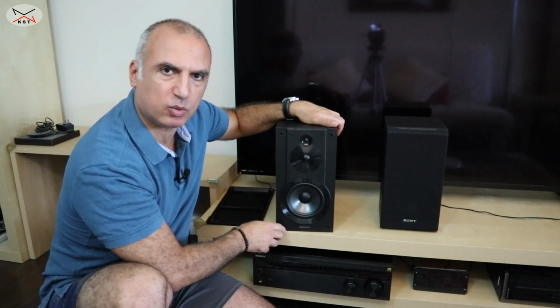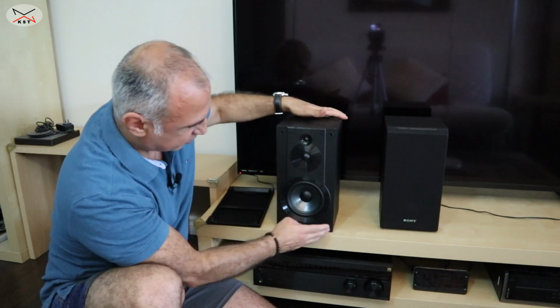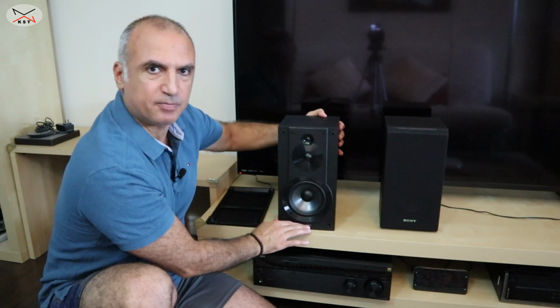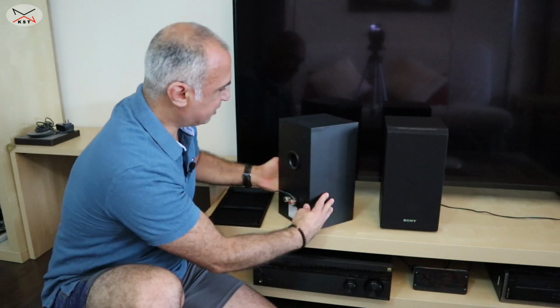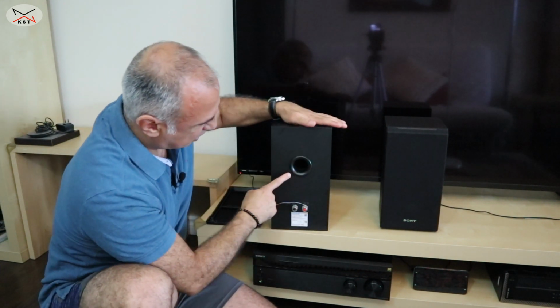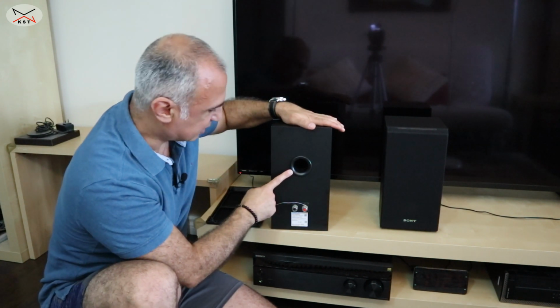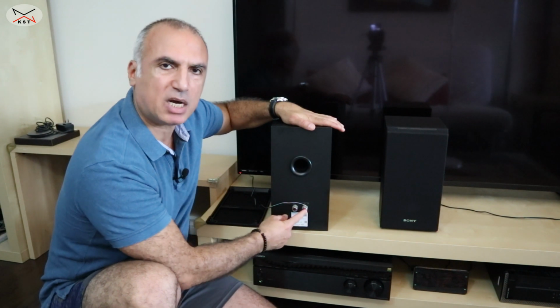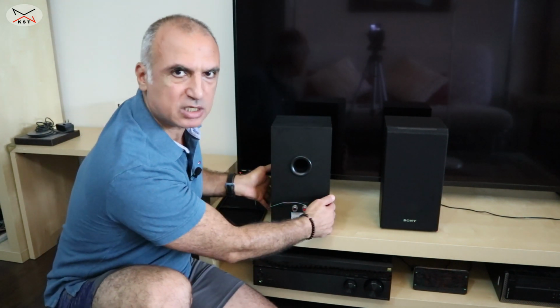These are 100 watt speakers, and they are really well made. They are really put well together. And you see on the back of the speaker, you have the bass exhaust here, so it's back ported, and they have banana connections. So let's go unbox the speakers and show you what's in the box,